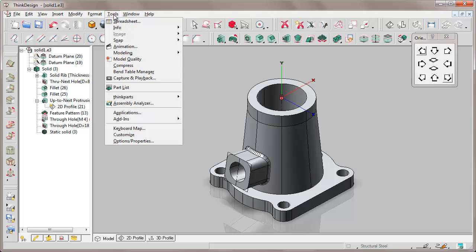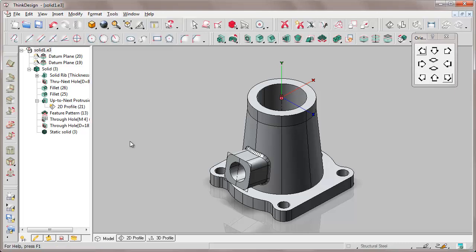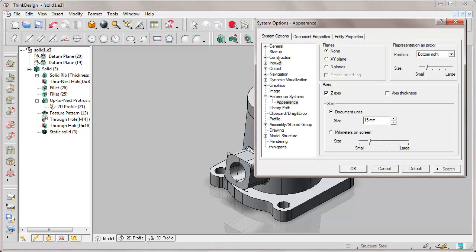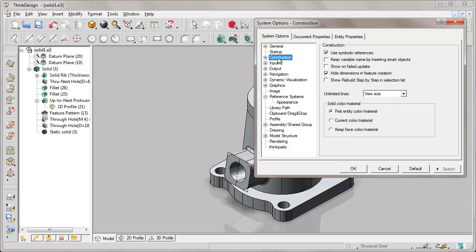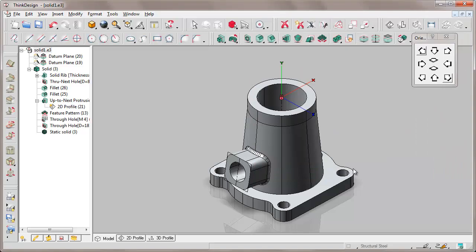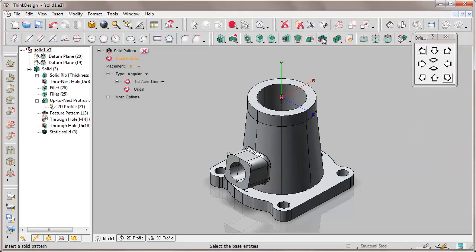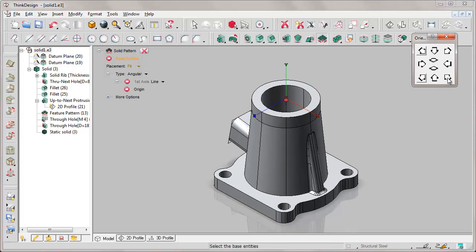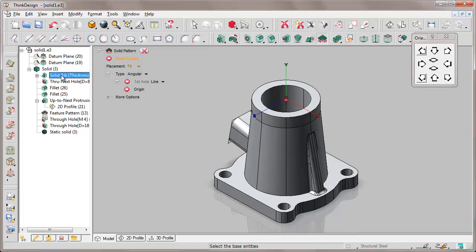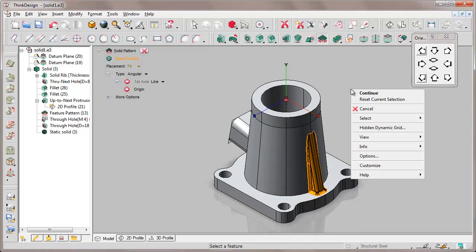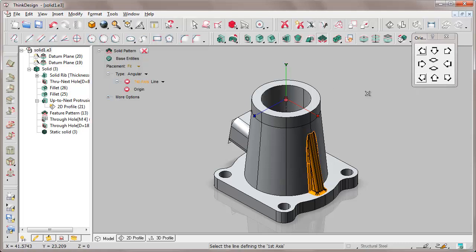In Option Properties, we can activate a setting in Construction stating yes, show me anyway the final result even in case of failed update. That's why we repeat our pattern. We select the rib. This time we do it from the history tree. We say Continue, because we don't have any other feature to select.